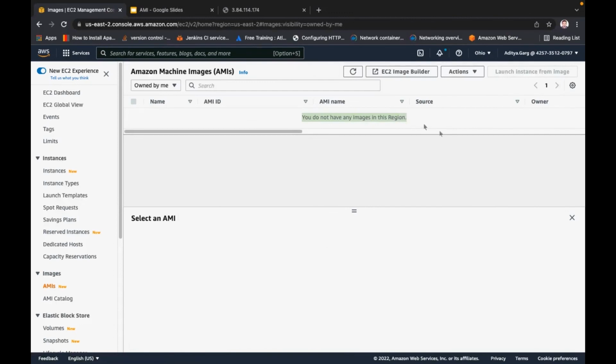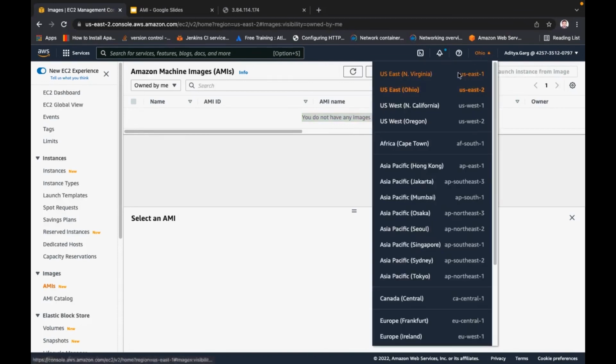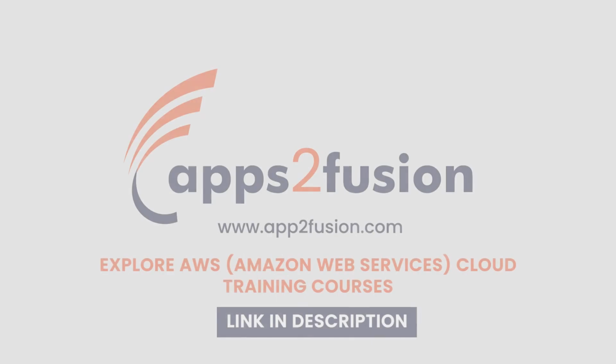You do not have any images in this region. That's what I mean by an AMI being a region specific resource.